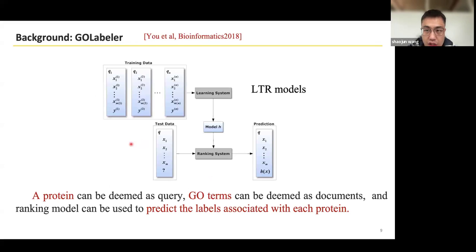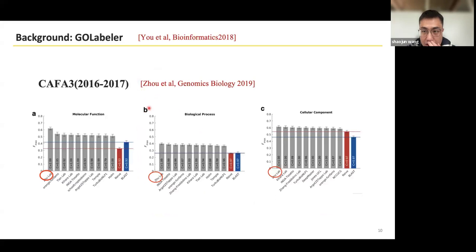Specifically, in the integration process, we treat the proteins as the query and each GO term as the document to be retrieved. We consider the prediction results from the component methods as protein features, and then complete the training of the learning to rank model. We applied these methods in CAFA 3 and achieved outstanding performance, obtaining the highest Fmax in MF, BP, and CC in CAFA 3.